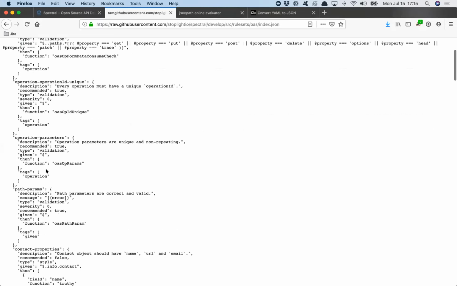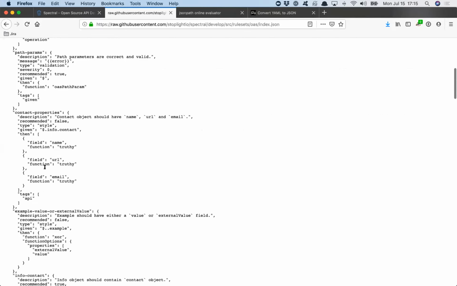If I was to show you one that's a bit more generic, here, contact properties. So this is the rule that we've just been playing with. And what it does is it looks at info contact. And given that something comes back for that JSON path, it will then look at certain fields inside that object, and it will apply a certain function.